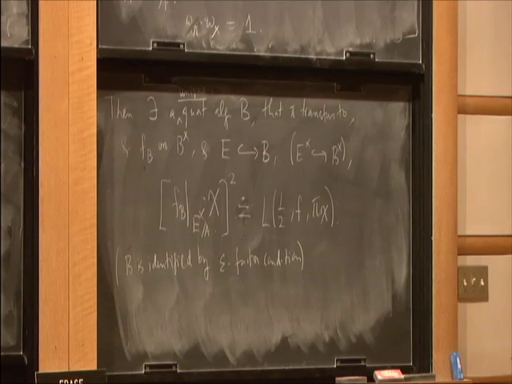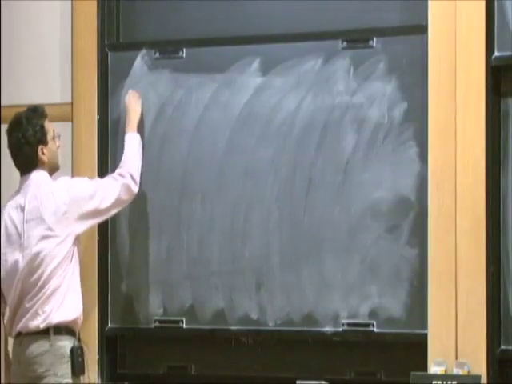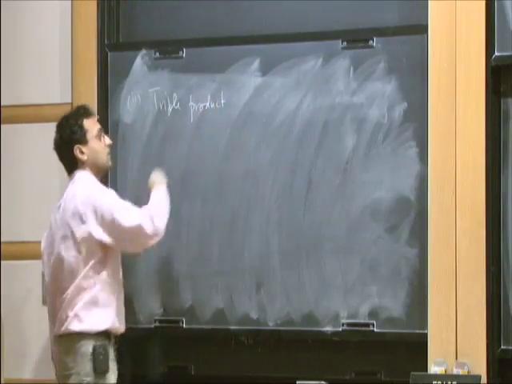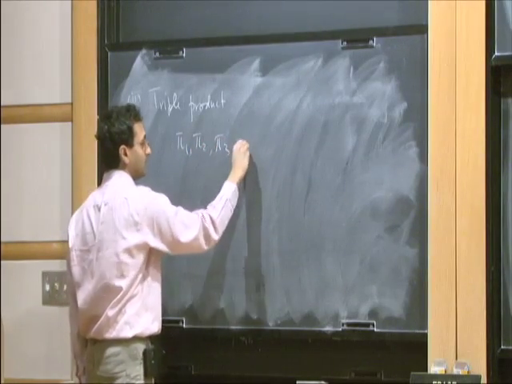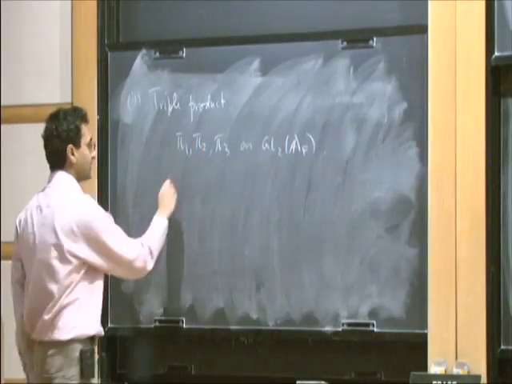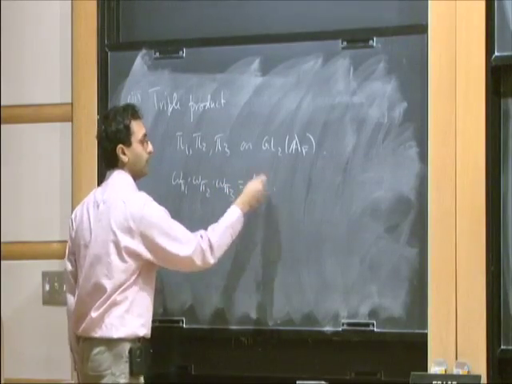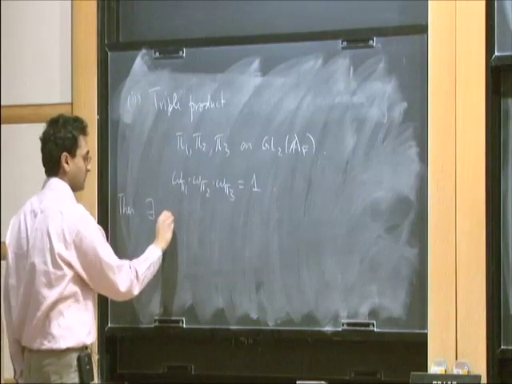So the second one is the triple product, which is the following. It says if you have 3 automorphic representations, pi1, pi2, and pi3 on GL2 of A_F, such that the product of the 3 central characters, so omega pi1 times omega pi2 times omega pi3 is trivial, then it says something very similar. Then there exists again a unique quaternion algebra